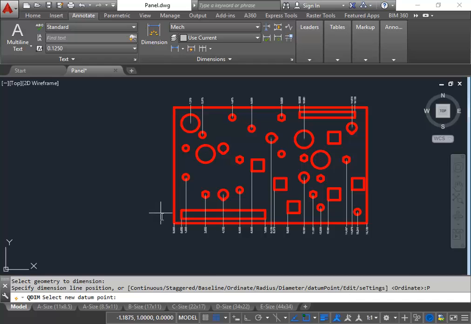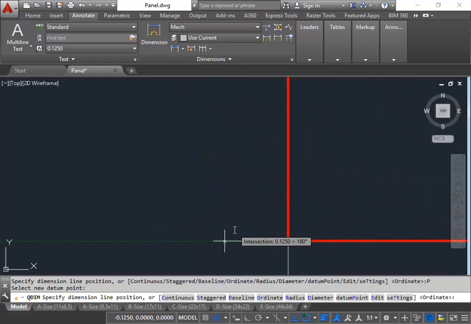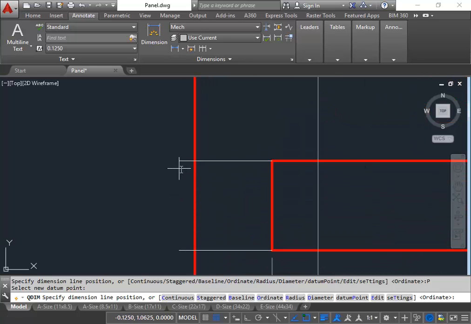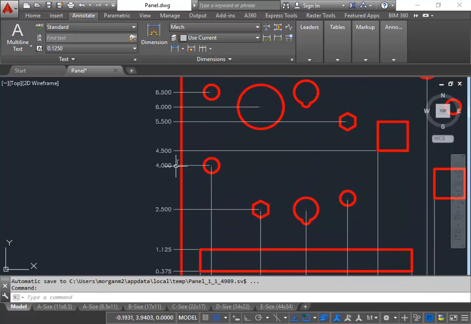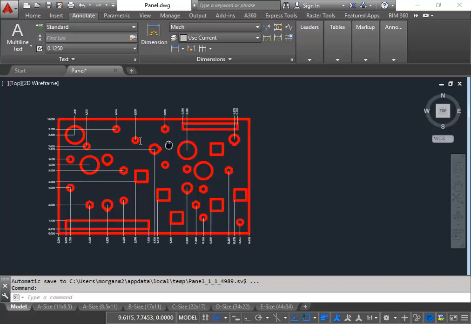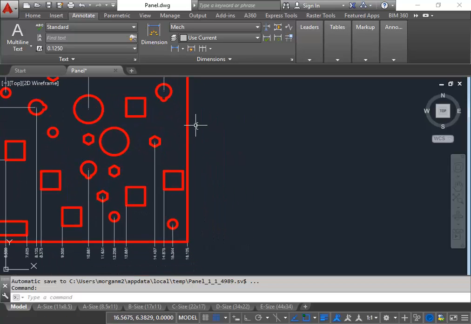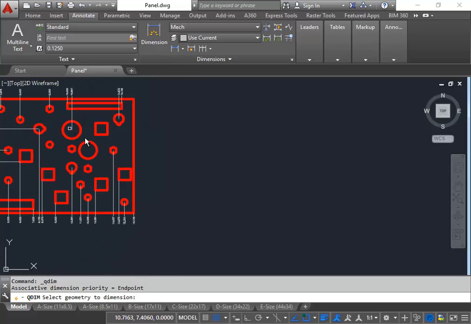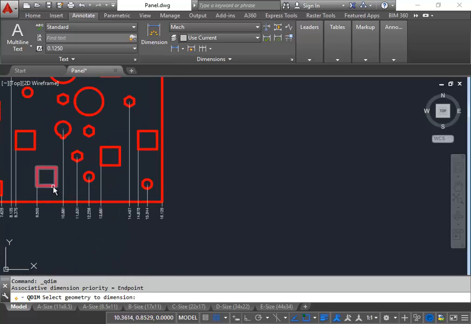Again, re-establish the datum point down here at the bottom, and then again we watch our mouse do 4 jumps, and we click to place our dimension. Alright, so all dimensions are represented. We do the left side. Go back to quick dimension, and we select pretty much everything going up, beginning with this square here, this circle,